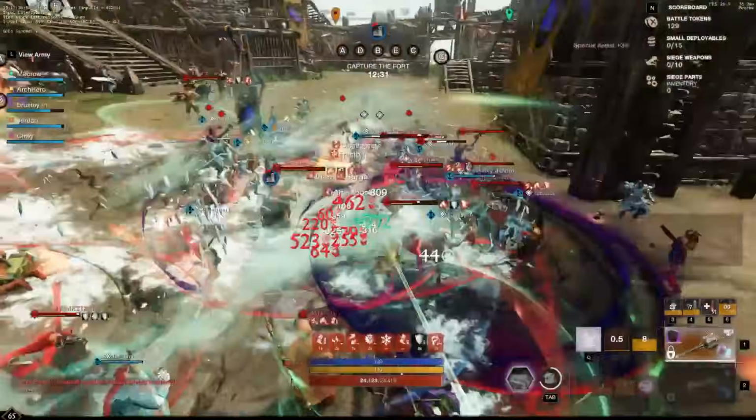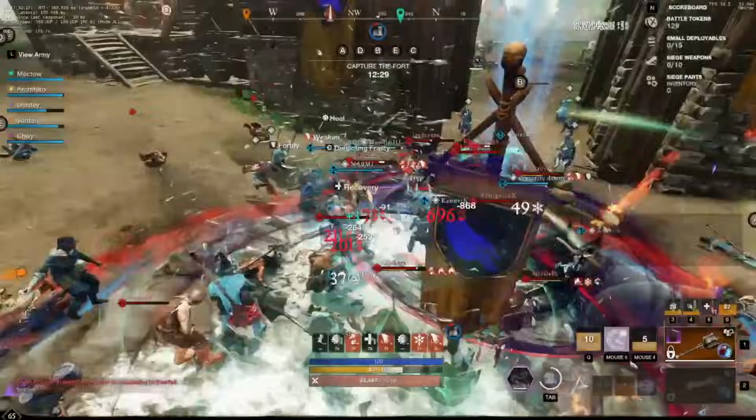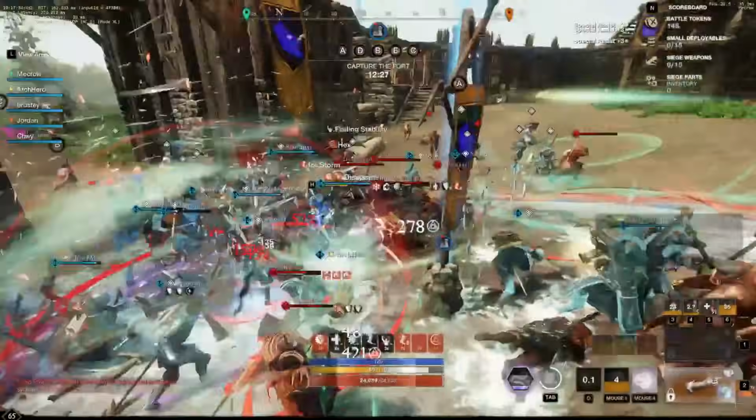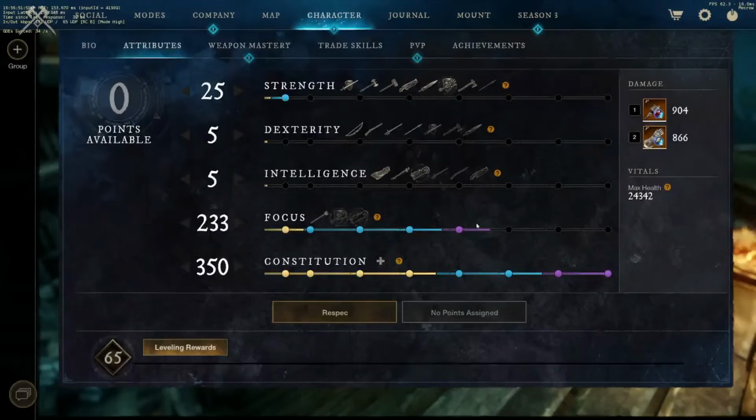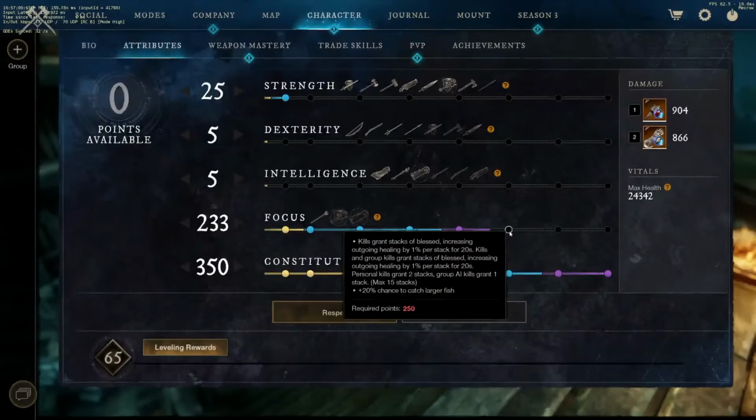With that being said, let me know if you guys have any specific questions about this build in general. The only other thing I think I need to touch on here is the attribute split. I go for 25 strength, 240 focus given optimal gear, and 350 con. The reason why I go for 240 focus and don't go above that 250 cap is I don't